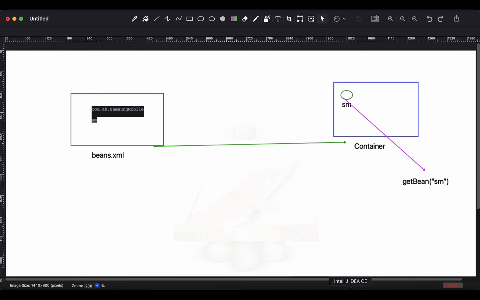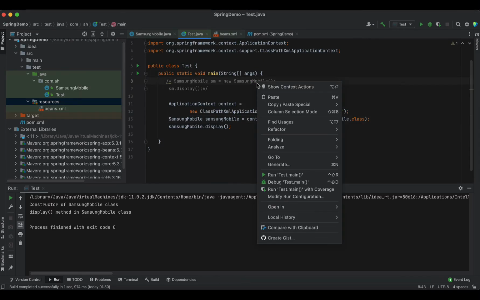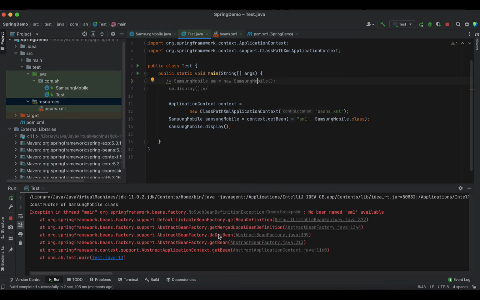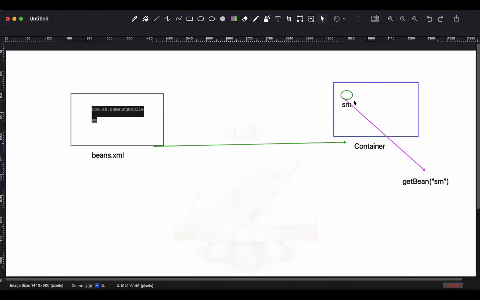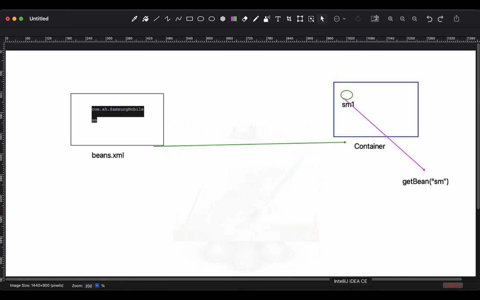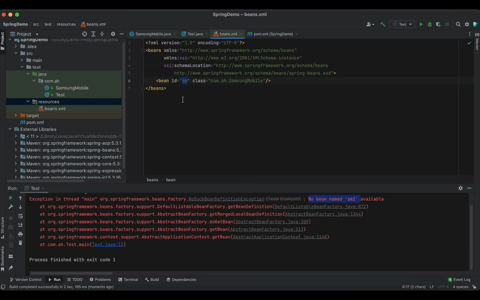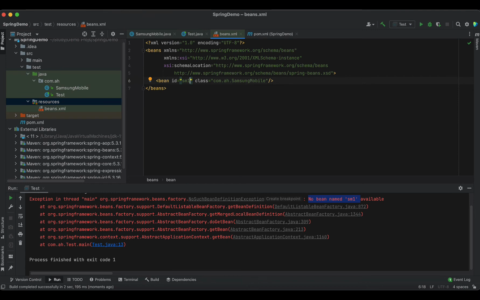So let's run the program and see what will be the output. Here if you see, no bean named SM1 available. There is no SM1 in the application context. So let me change it to SM1 now here and run it. Now the SM1 is present in the bean definition, and based on the